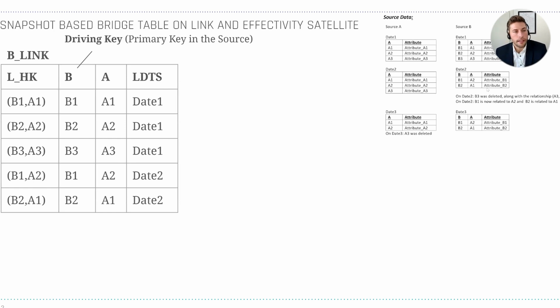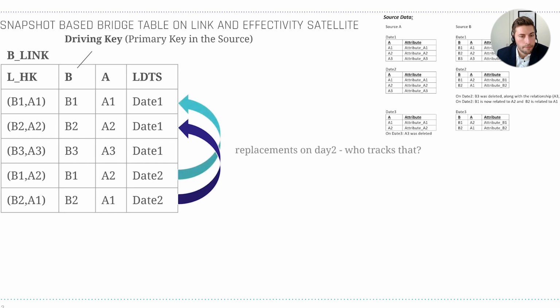Nothing else. So the link doesn't tell us that we don't have the first two relationships here anymore, right? So we have a replacement on day 2, right? And very important to mention also here, that's what you can see here at the top, is that B is the primary key in the source system, right? And this is our anchor point. This is what we call the driving key in Data Vault. And based on this, it is necessary to use that driving key to identify these changes